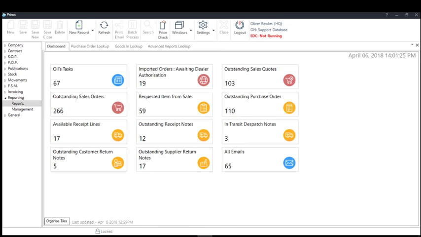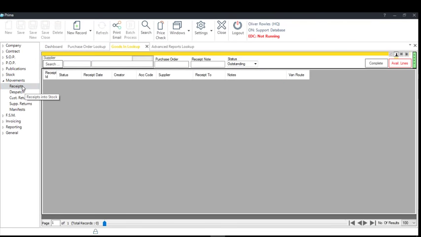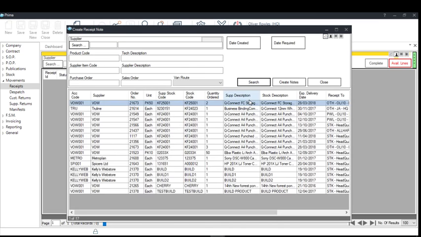manage them. So effectively within your receipts area of Prima and in available lines, if I just go into movements and receipts, and then within here, if you go to available lines, this is then the back orders area in Prima. So the back orders report, this is then where the items will show. So what you've got there is all the items that are expected in at a certain date that have gone